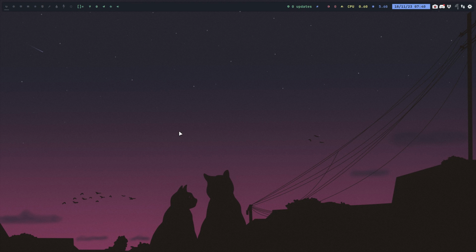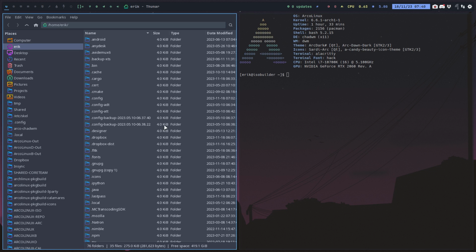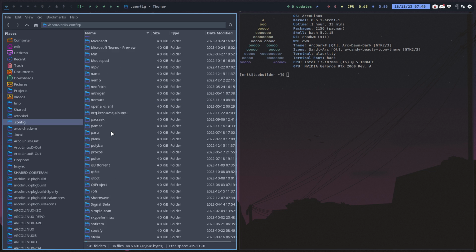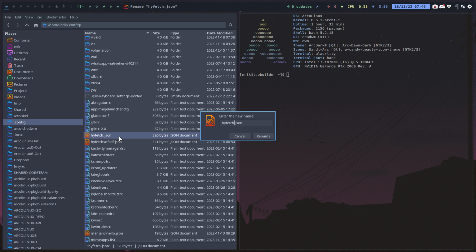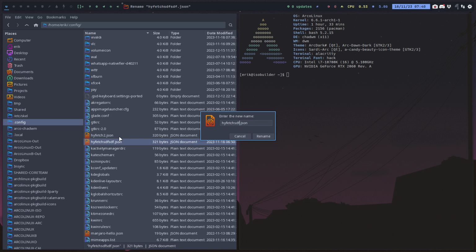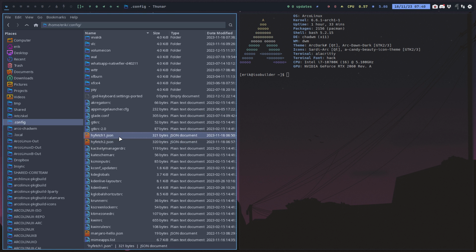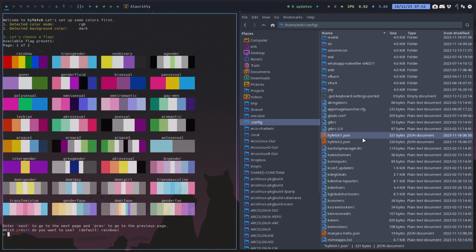Let's make a short video about hyfetch, this little thing. It has its configuration if you set it in the .config hyfetch.json. So this was take 2, this was my take 1. It's all kind of different choices, and it does not use these now, but when I launch it again, it's actually going to ask, hey, what do you want? Because we've renamed this and it's looking for hyfetch.json, and it says, look, this is what I found: RGB, dark,